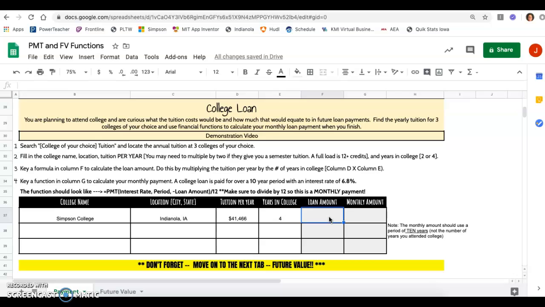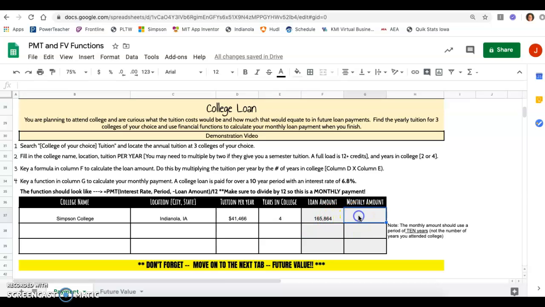First thing we need to do is find our loan amount. So you will go to Simpson College for 4 years if you choose to start there and graduate from there. So I'm going to do equals, and I'm going to take the yearly tuition amount times, so multiplying using an asterisk, so shift and then the 8 key, times the 4 years. So again, I reference these cells by clicking them instead of hand typing those numbers out. Then hit enter. So the total amount, assuming I don't work, I get no financial aid and no scholarships, would be